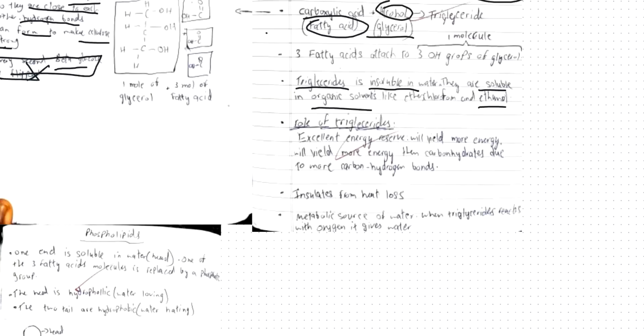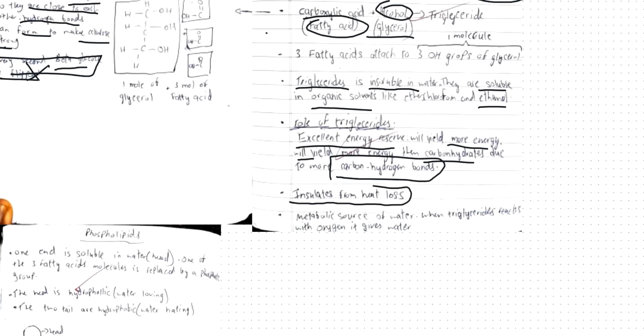They act as energy reserves because they will yield more energy, because they have more carbon-hydrogen bonds. So they have a lot of carbon-hydrogen bonds. That is the reason triglycerides will release a lot of energy. And another reason is that